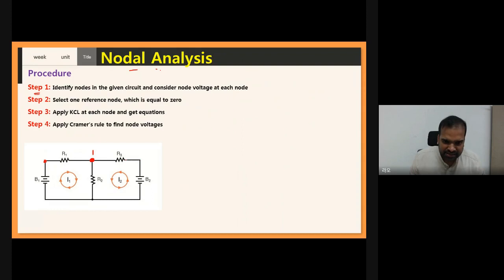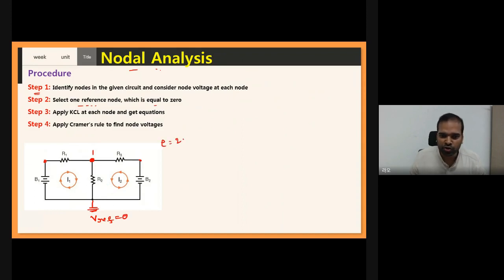Now, can I consider this a principal node? No. This R3, V2 is a simple node. So we don't use simple nodes in nodal analysis. So how many nodes do you have? 1. And the next thing you need to consider is a reference node. In one circuit, you will have one reference node. For that reference node, you assume the voltage equals 0. Now this is my reference node. All branches are connected here. Therefore, V reference equals 0.